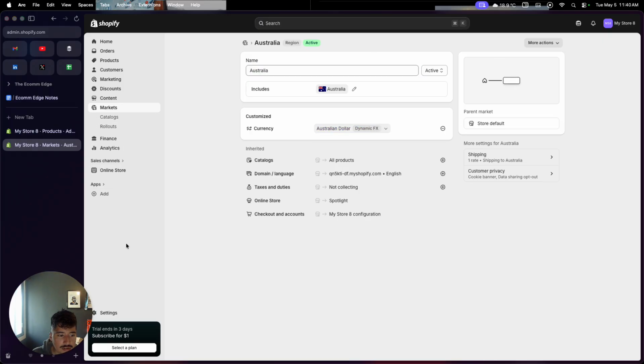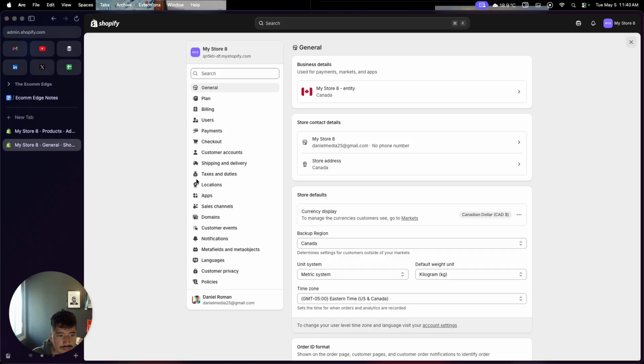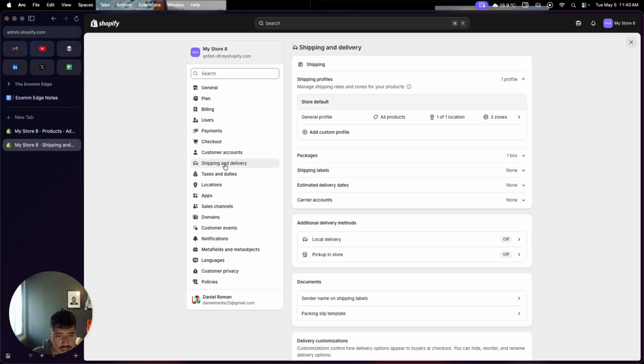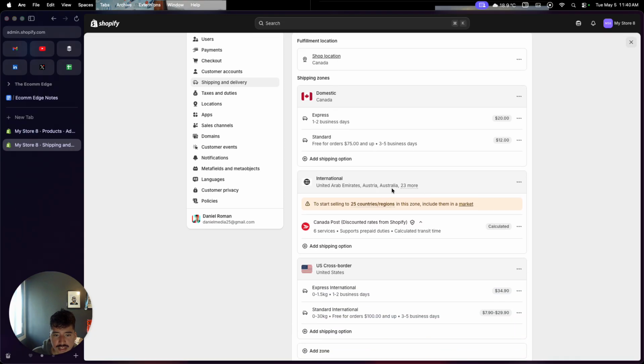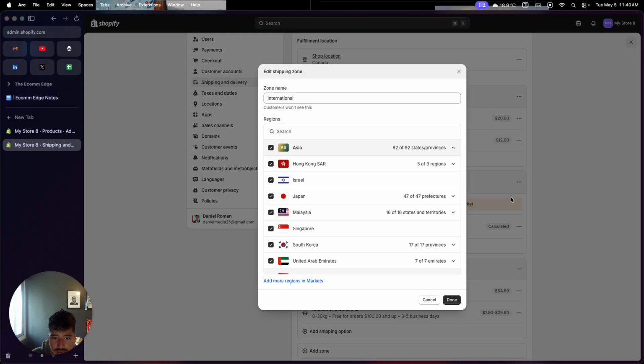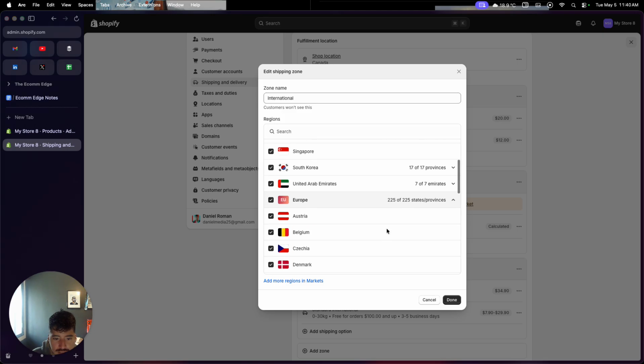So if we go back now to settings, and we go to shipping and delivery, we go to general profile, you can see Australia is still here, and that's because I don't have it set up properly here in the shipping page. So what you could do is just go ahead and click edit zone, or what we could do is actually